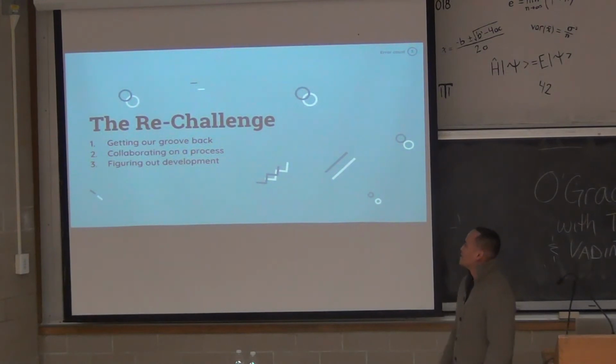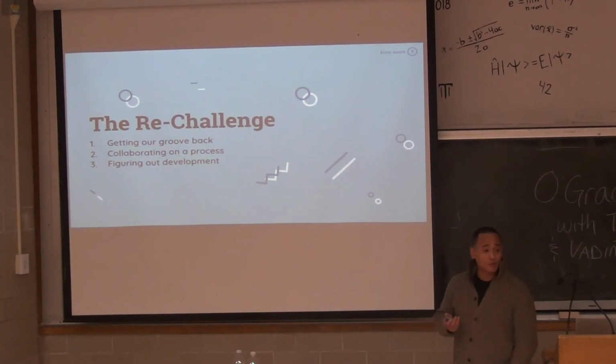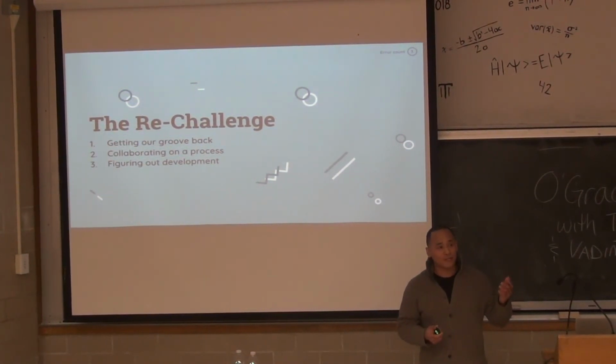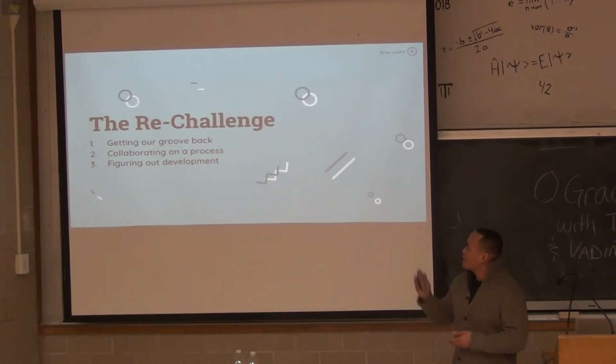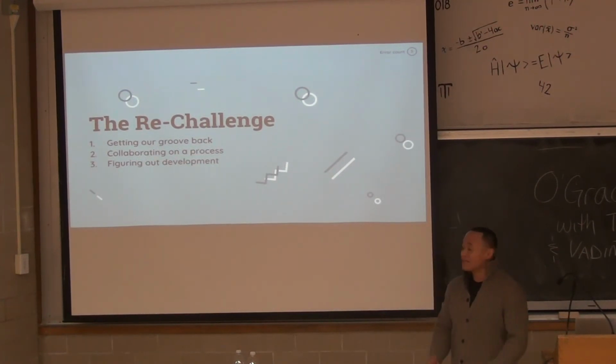So the re-challenge. We're getting our group back. The design process was working. Armin and I were hitting our stride. We were actually in the right spot on the project. I hate to say that. Our designs were pumping out, and everybody's happy about the designs. We needed to collaborate on a process that works. That's what I mentioned: meeting in the middle, doing a combination of waterfall and Agile. I know it's a weird process, and Agile purists will hate the mixing of the two, but it worked. And if the client likes it, you go for it.